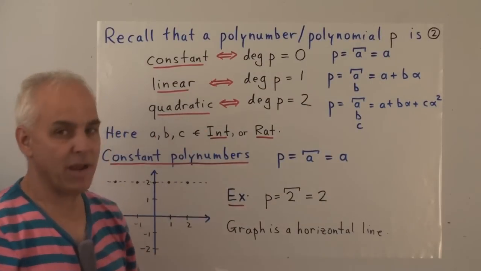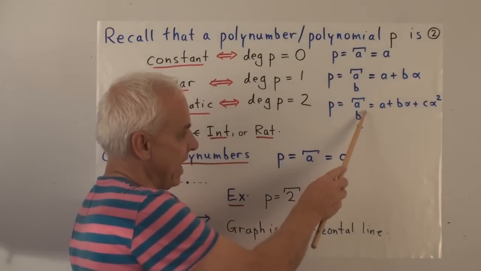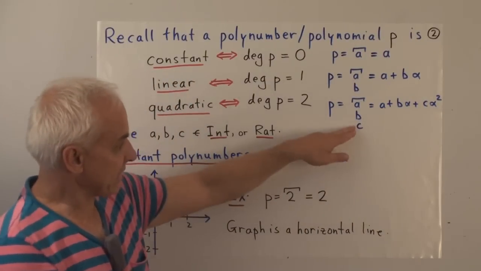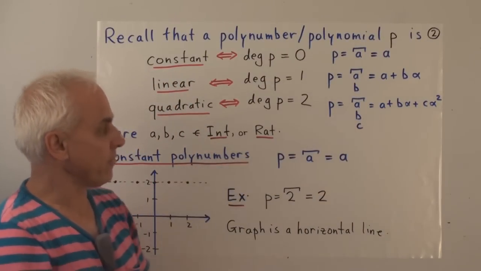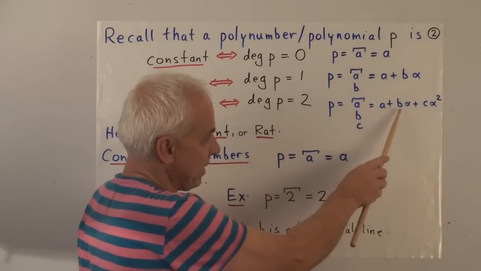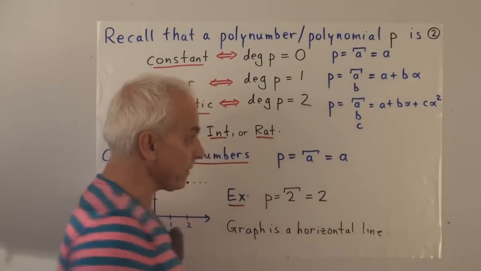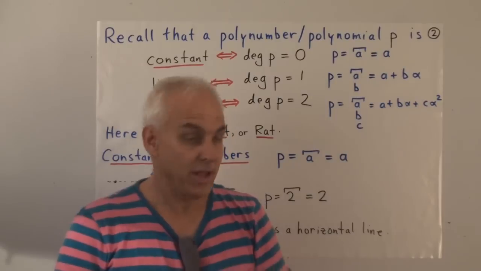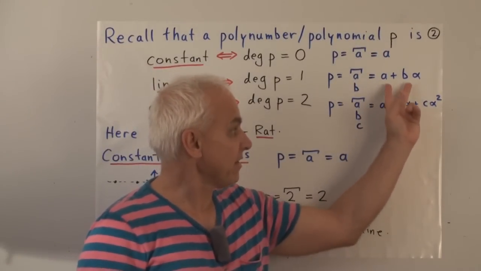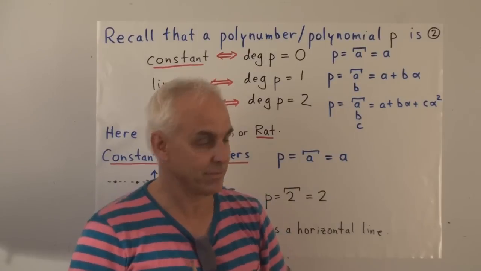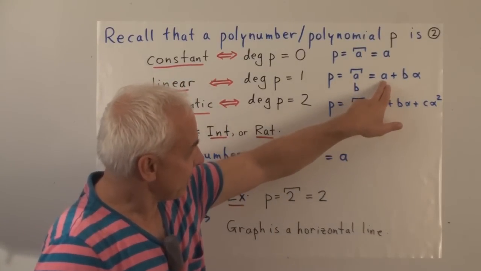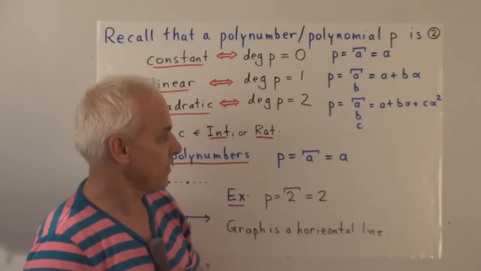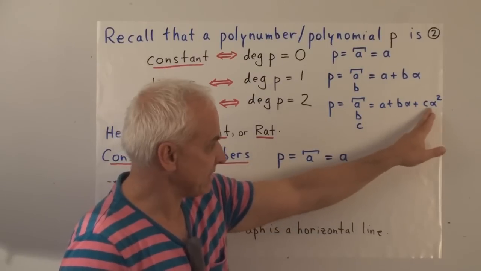So a quadratic polynumber is one which has an A, B, C form, where the C, in the second coefficient place, is non-zero. In standard alpha form, that would be A plus B alpha plus C alpha squared. Now it may take some little getting used to the way we're writing this, the line and the parabola. So the form here is A plus B alpha, not B plus A alpha. And here the form is A plus B alpha plus C alpha squared.